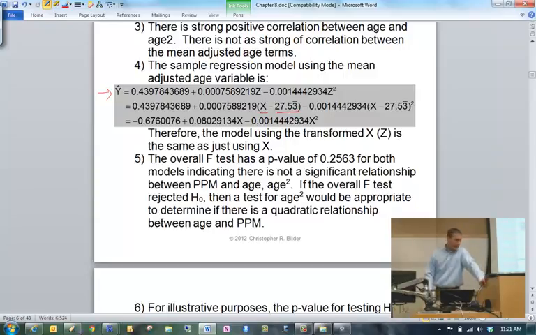I show that on top of page 8.5. And also for z squared, I put in x minus 27.53. If you go through the math so that you just have x and x squared, you get exactly the same model that we had when we were estimating the model without the transformed variables. So it's the same model. Any questions about that?